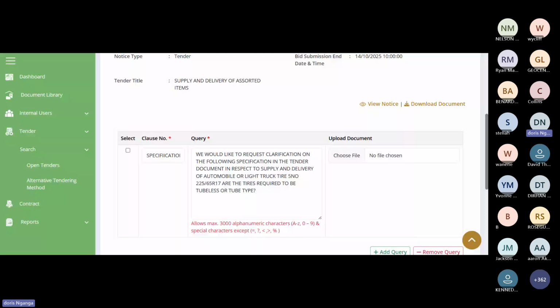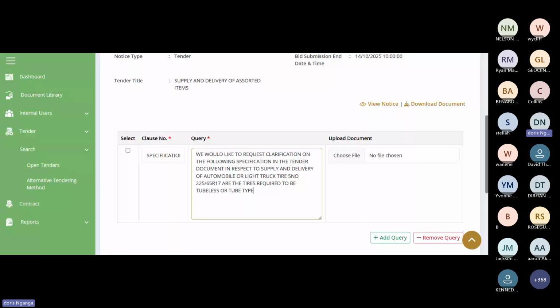So it reads, we would like to request clarification on the following specification in the tender document in respect to supply and delivery of automobile or light truck tire, 5 in number, and this is a specification 225/65 R17. Are the tires required to be tubeless or tube type? That is my question.